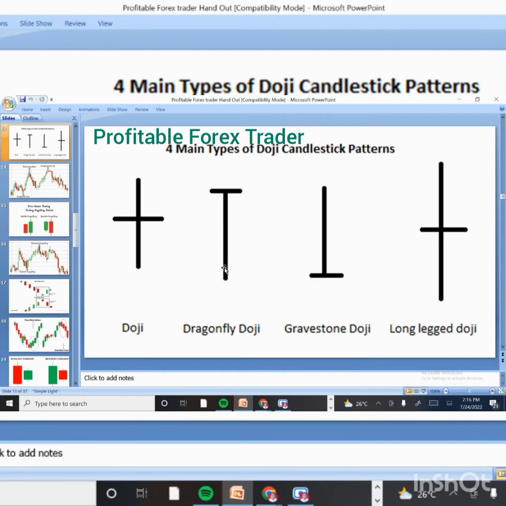The price actually got here, leaving us a shadow. The shadow is telling us that the price actually got here. This one also is telling us the price actually got here. The price actually got to this point and got to this point. All right. So if these appear on a particular support,